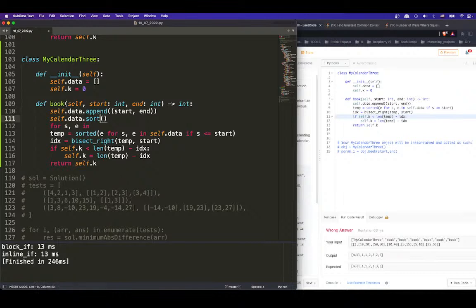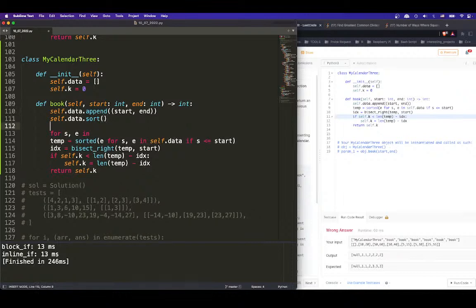Add, sort, then we need to find the one, because only the ones before will not change. Right? The ones before will not change. It's only the newly added. So I just need to handle the newly added. So we can say the first index can be